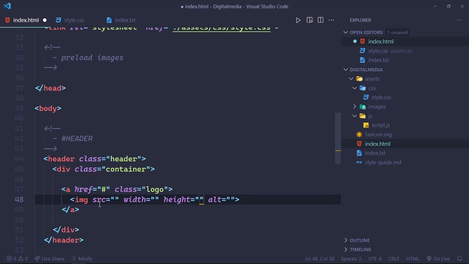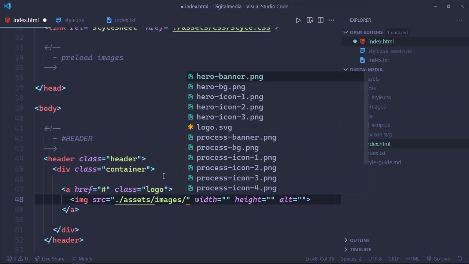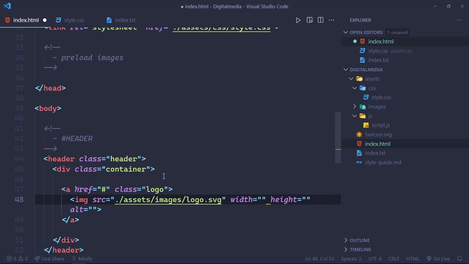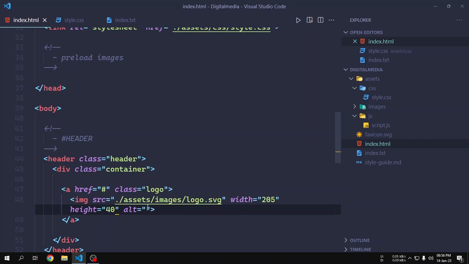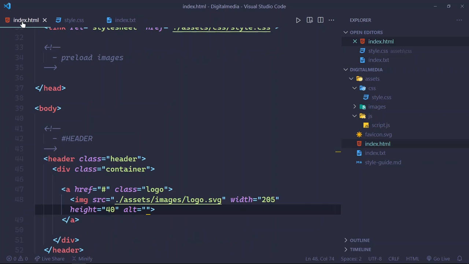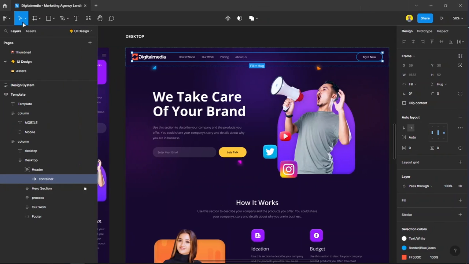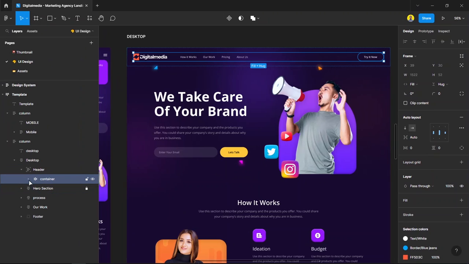So let's set the source for the logo, and width will be 25205 and height is 40. Alt will be this one. And after that, let's see what next. So next is